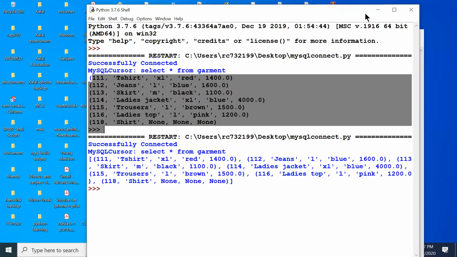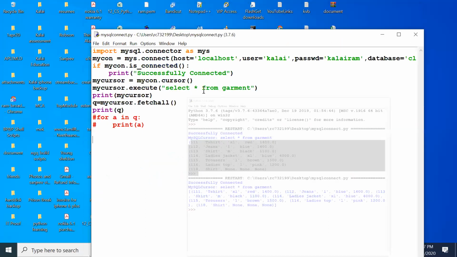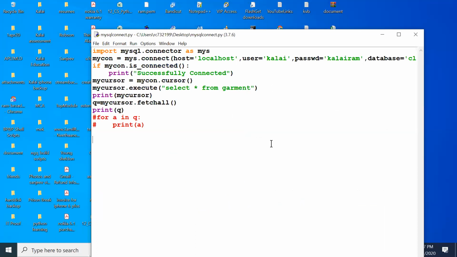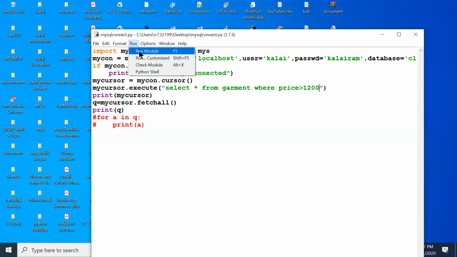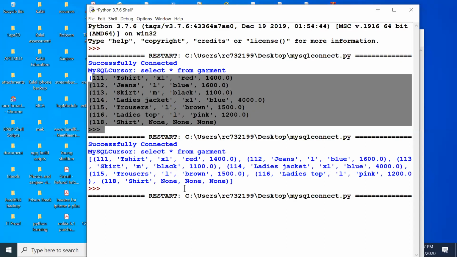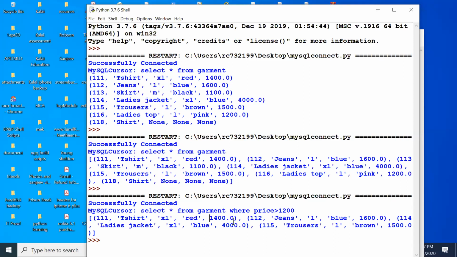Here, if you want to select something else, for example select star from garment where price greater than 1200, whatever condition you want, you can give it here. So the records with a price greater than 1200 will be displayed.